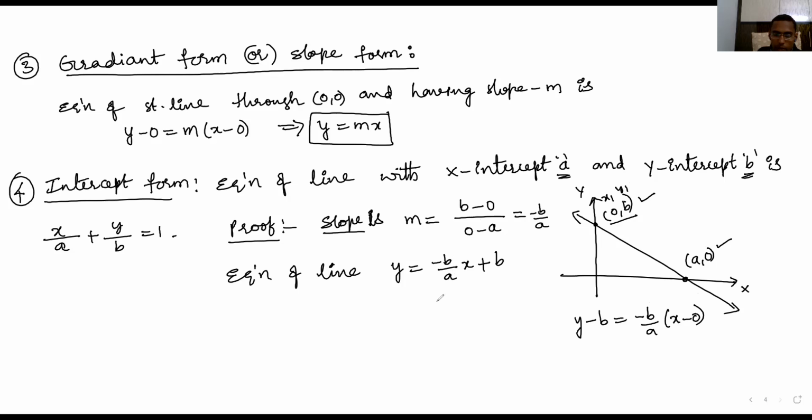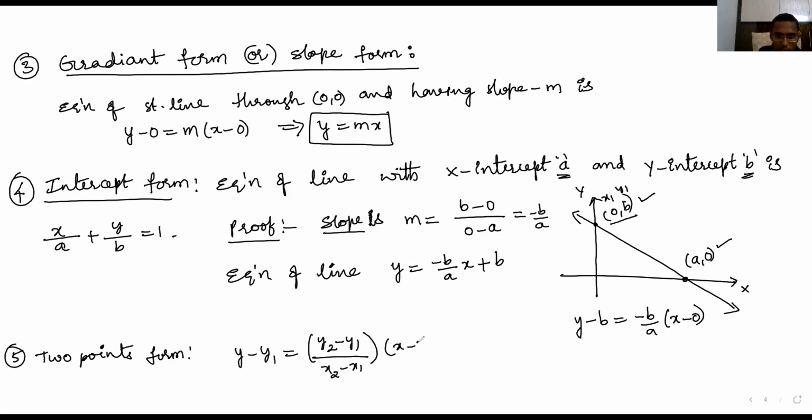But sir, we can also prove it using the 2-point form, right? Yeah, exactly. That is the 2 points form of straight line. What is the 2 points form? Y minus y1 equal to y2 minus y1 by x2 minus x1 into x minus x1. The same thing: in the place of slope m, we wrote the formula y2 minus y1 by x2 minus x1. That only we are writing here also.